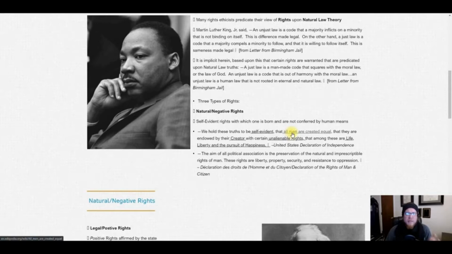Now, there's a couple of different types of rights. Natural rights, also called negative rights because they can't be taken away, are the rights that you're born with. They're the ones that are sometimes called the God-given rights. These are not conferred. They are just there. Alright, let's start by talking about what a right is. A right is essentially an entitlement to be able to do something or to have the entitlement to not have